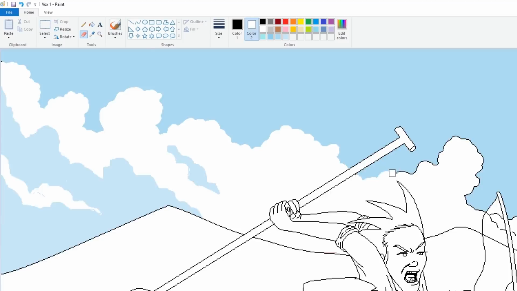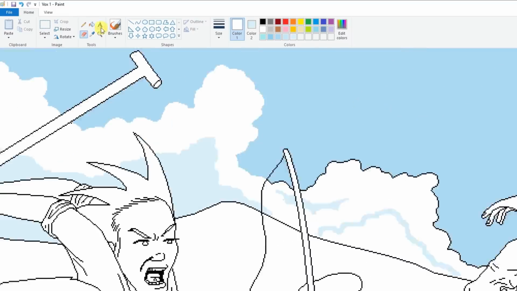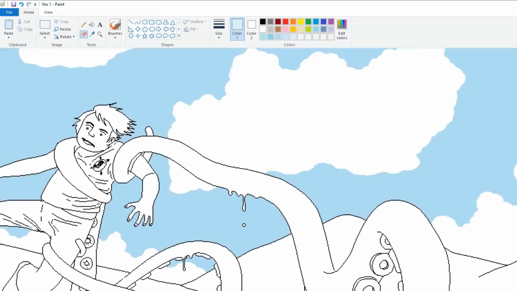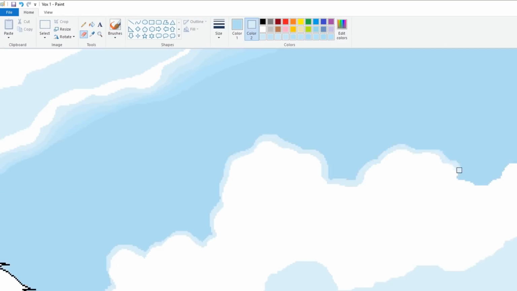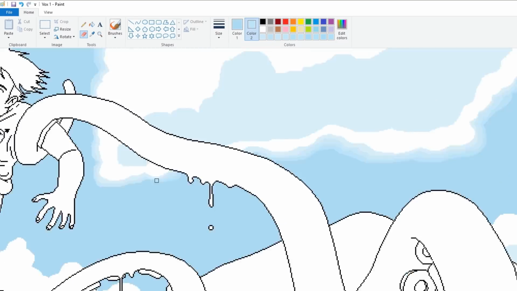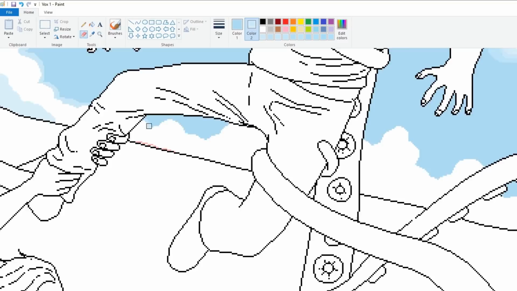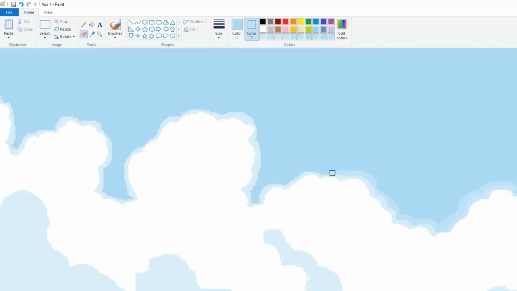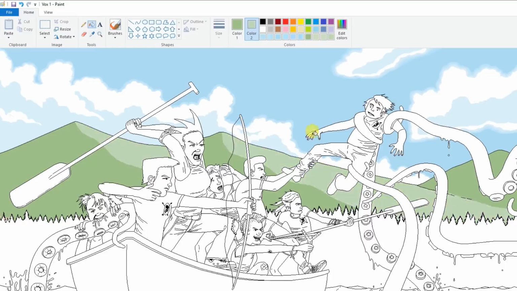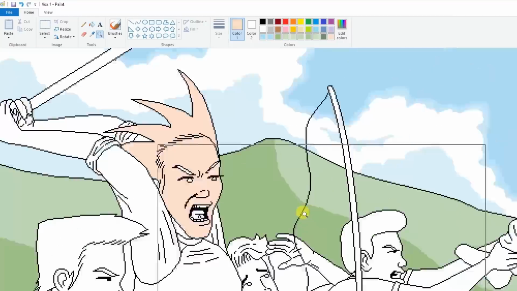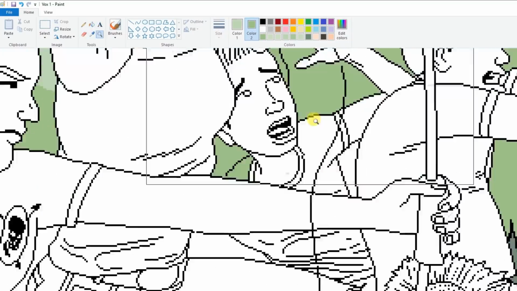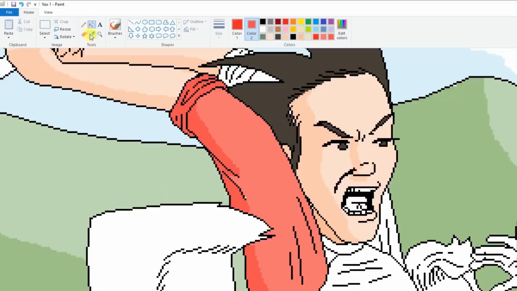From there, I go straight into coloring. With coloring, I use mostly either the paint can where you just press it and it just fills in a huge area. Between that and the eraser is where I shade it. Usually holding, like I said, the right click on the eraser. It's usually just creating very simple gradients. That's how I always prove to people that it actually is paint. Just zoom in on those gradients and you can see